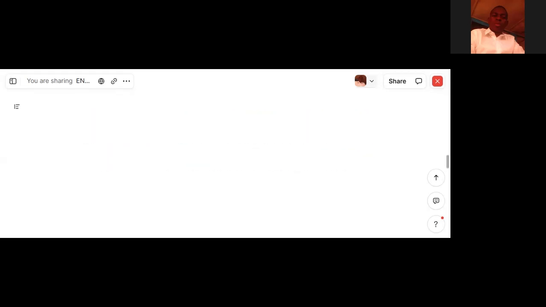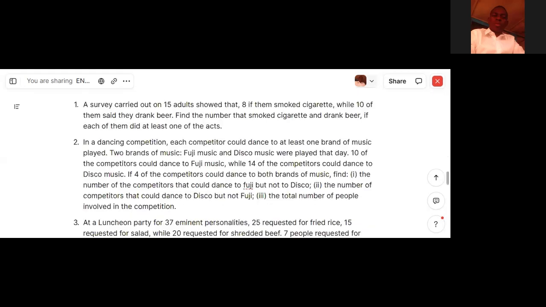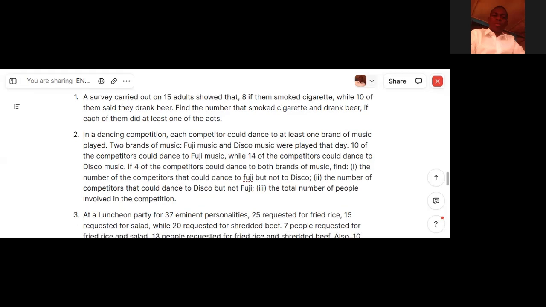Oh, my diagrams for Venn diagrams are not coming up. There are tutorial questions which I'd like to solve with you on set theory. Kindly go through the materials to see these questions. I hope to treat some of these questions in our next class as we go on in the course Engineering